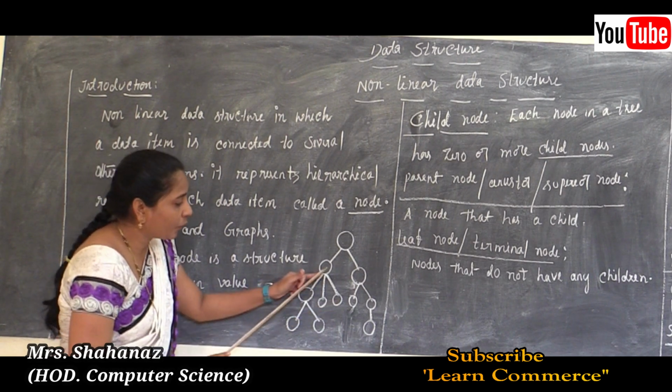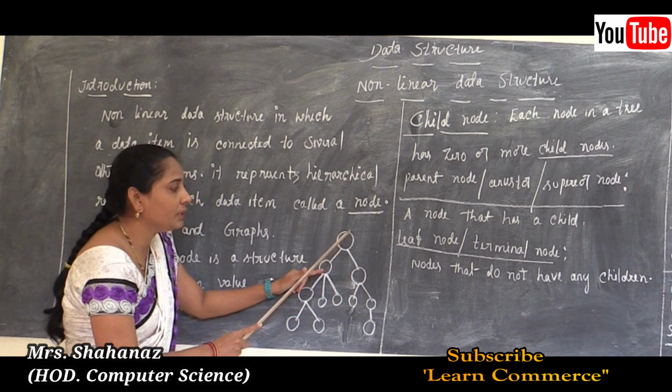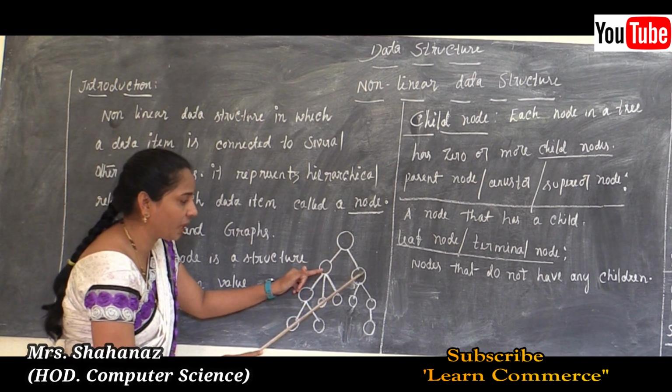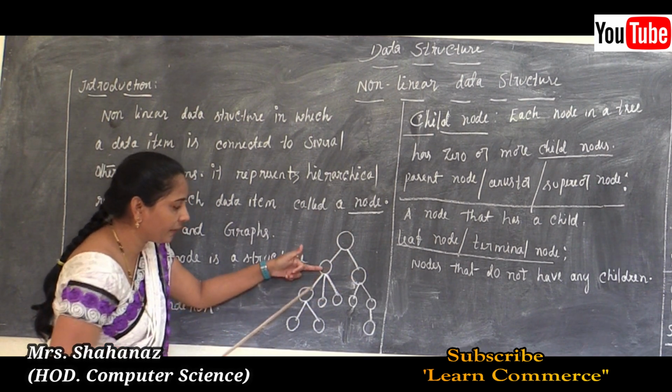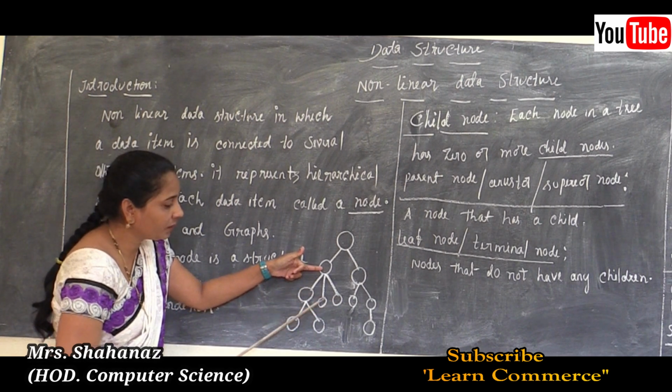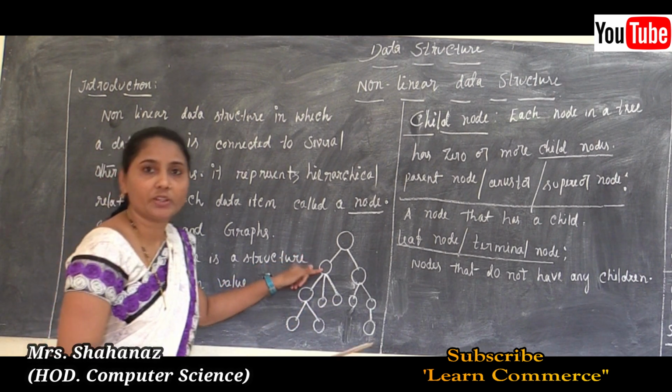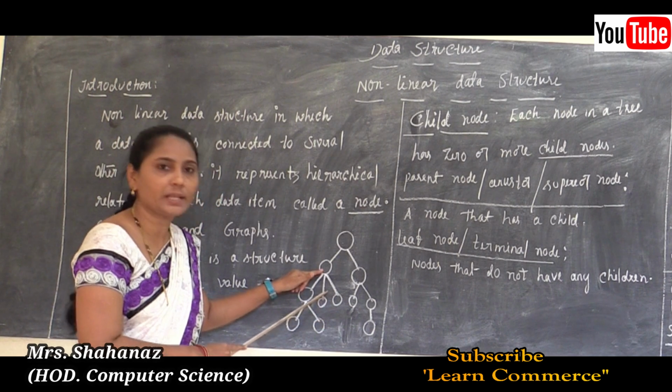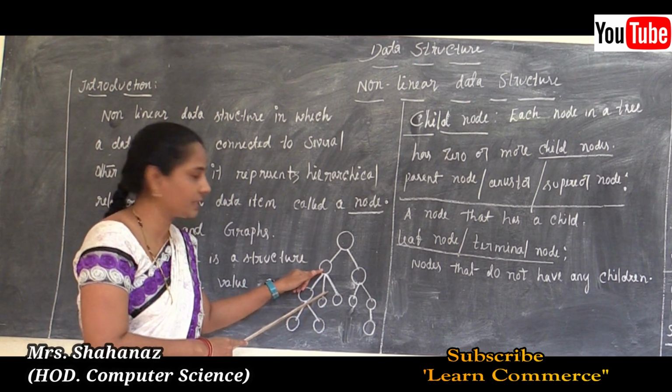That means I am going to tell about the root node. This one is the parent and this one is the child here. And now this one is the parent and these are the children in this case. So here all of these are the children. Here are some examples of child and children.